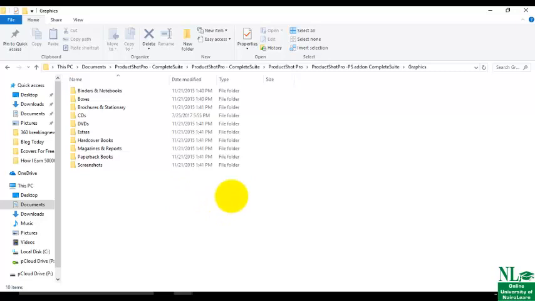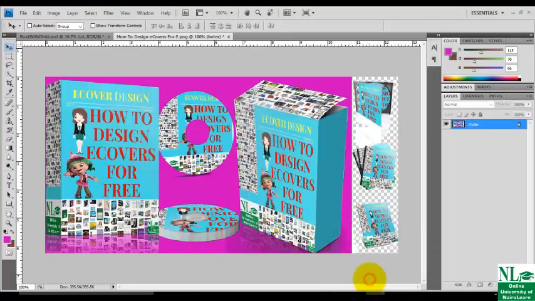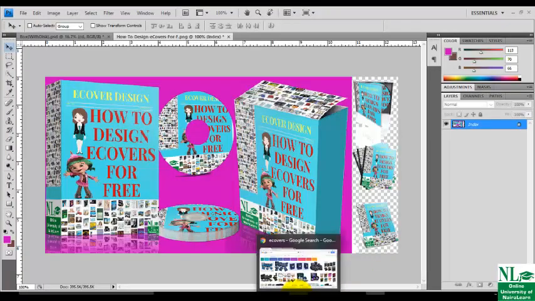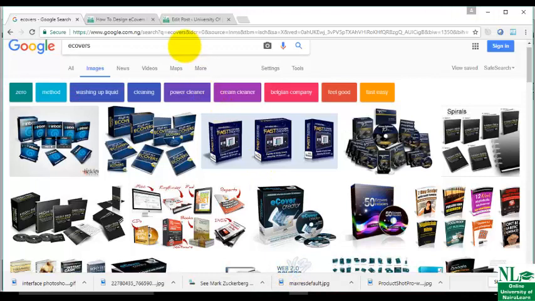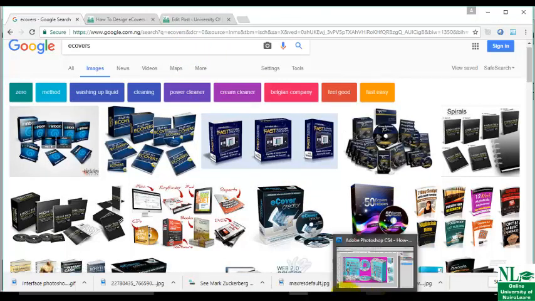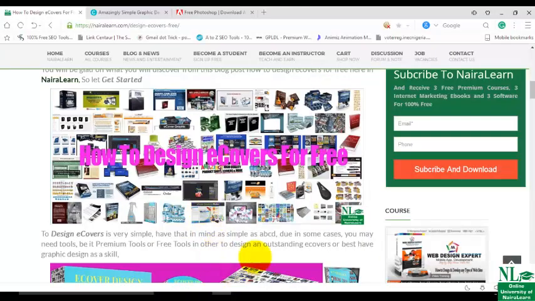Premium ProDotShot Pro is about 200 USD, about 199 USD. I bought it fully paid, but here we are giving it out for free. You can also go and buy. How do you do that? Just come to Google and search ProDotShot Pro. It will lead you to their site. Apart from that, I added a link to their site on this blog post.